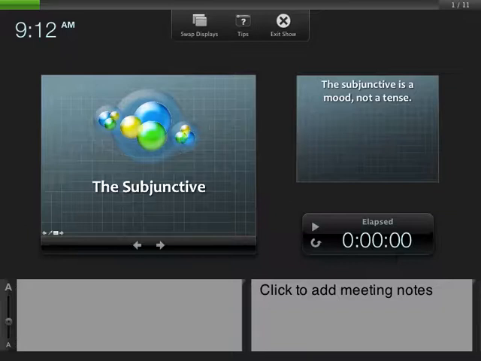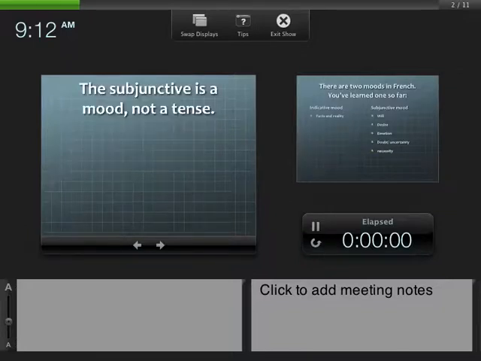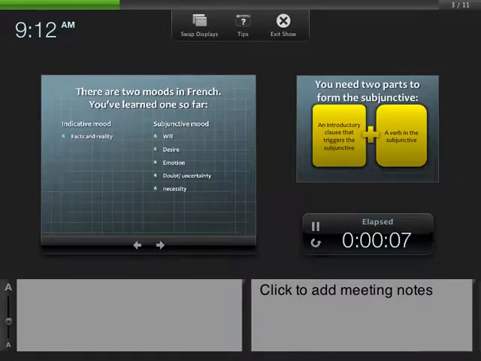The subjunctive. The subjunctive is a mood, not a tense. There are two moods in French, and you've only learned one so far. You have learned the indicative mood, which we use to talk about facts and reality. Today, we're going to learn about the subjunctive mood, which we use to discuss will,